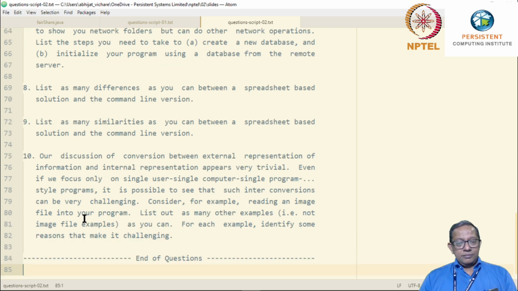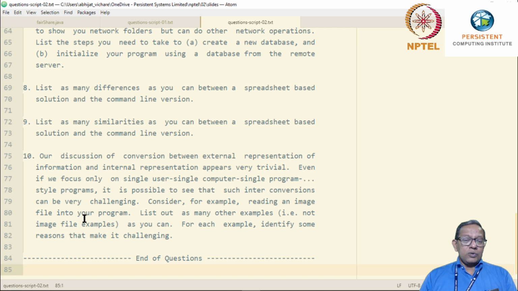The last question. Our discussion of conversion between external representation of the information and internal representation appears very trivial. As in our command line discussion, the kind of conversions that we have done for input and for output appear to be very trivial.